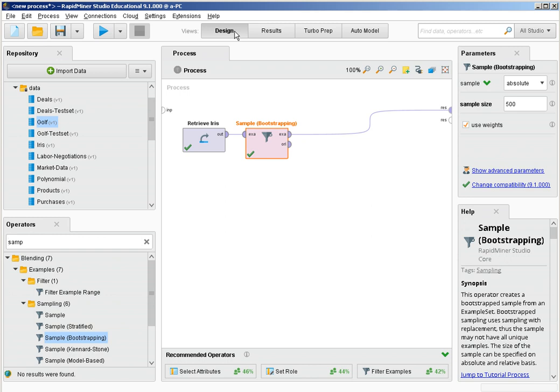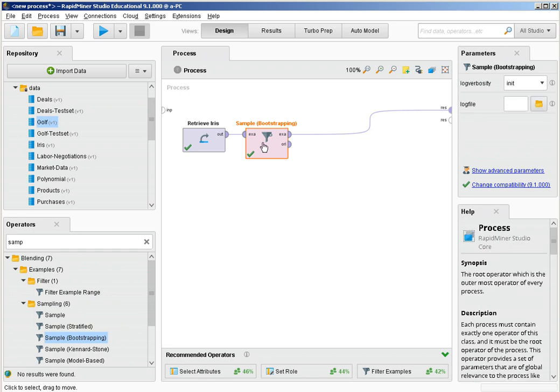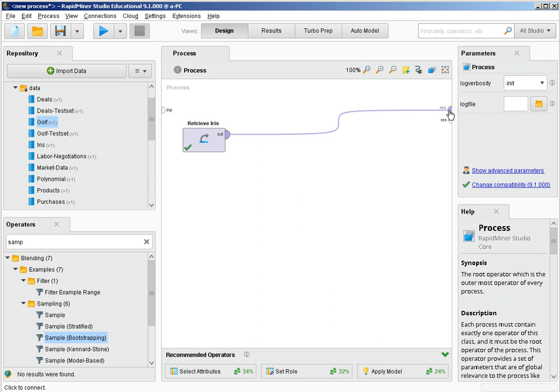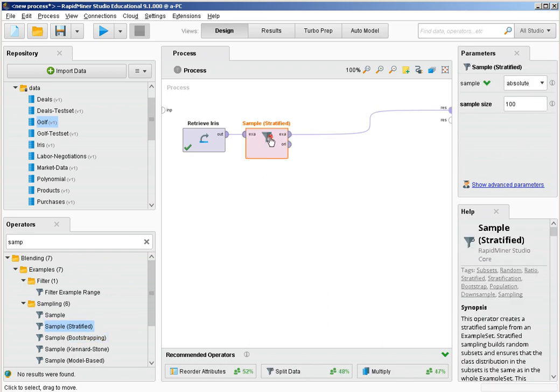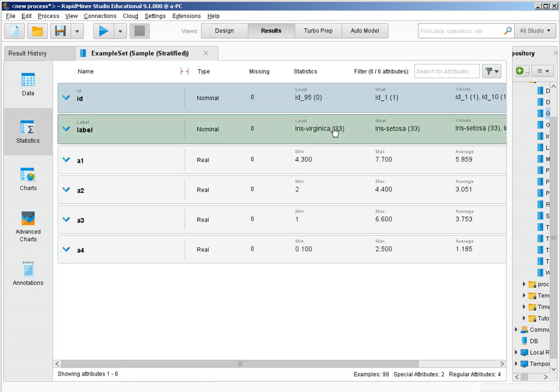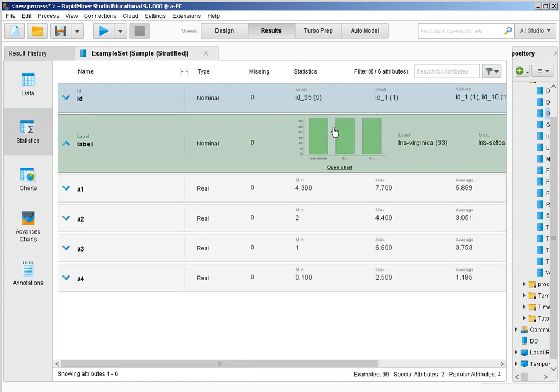If you want to make sure that after sampling you are preserving exactly the same proportions for each of the different classes involved in the problem, you may use stratified sampling. In stratified sampling, it will sample in such a way that the original proportions of the classes are maintained. So here, if we check, we see how we get exactly the same number of each of the 3 species